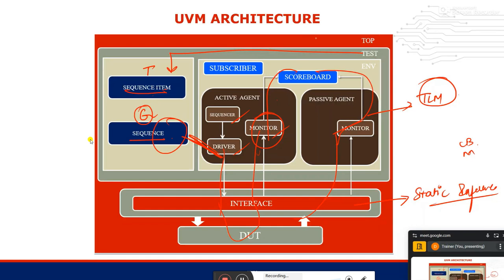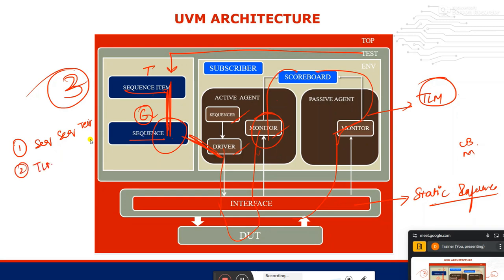Okay, what differences are there? Two major differences we have made in the architecture. Okay, three, you can take three differences. First difference is that the sequence item and sequence I kept in the test hierarchy, which was previously present inside the env actually. One more change is that instead of mailbox I am using the TLM concept for making the communication inside the test bench. Another change that I have done is adding an extra hierarchy, that is agent. Again, agents are of two types.